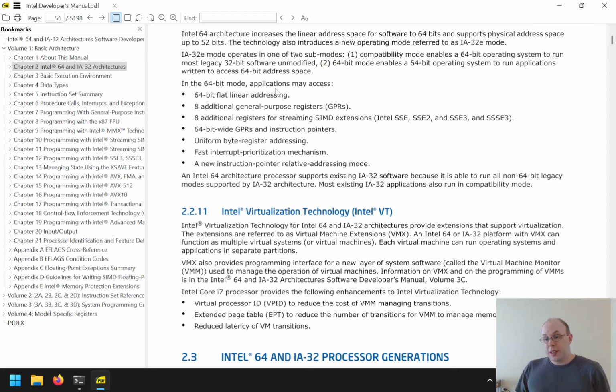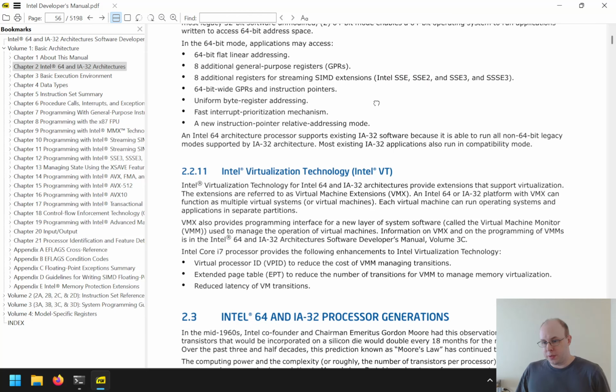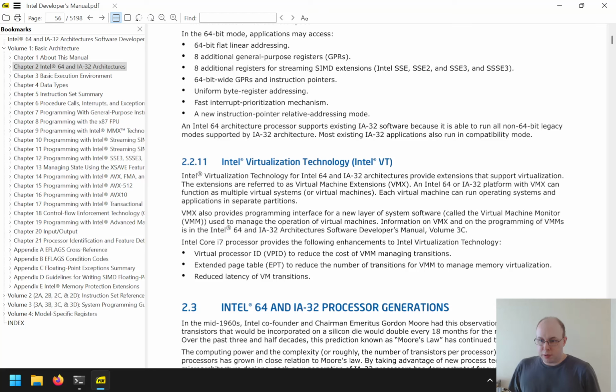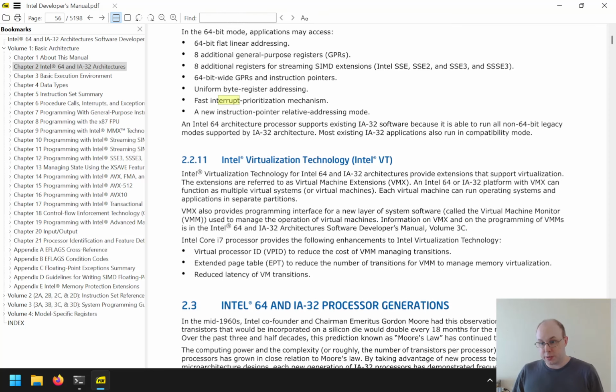IA32E. In the 64-bit mode, applications may access 64-bit flat linear addressing, 8 additional general-purpose registers, GPRs, 8 additional registers for streaming SIMD extensions, so that is SSE 1 through to 3. Is there not SSE 4? I don't know. 64-bit wide GPRs and instruction pointers, uniform byte register addressing, fast interrupt prioritization mechanism, a new instruction